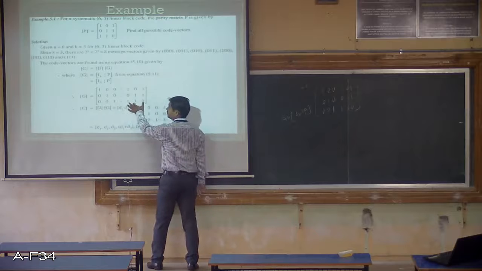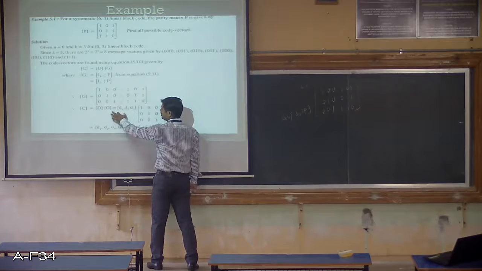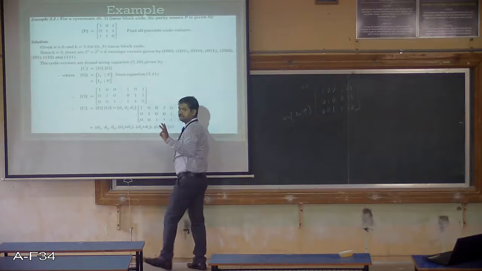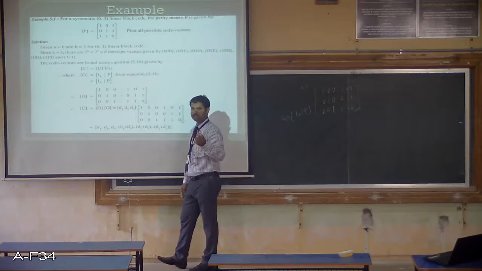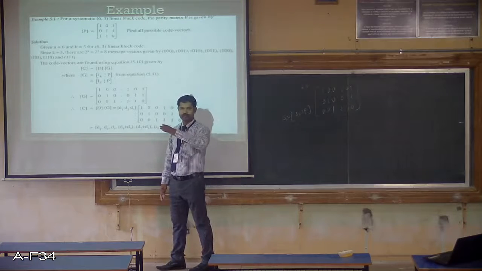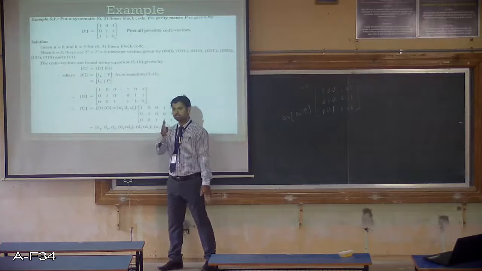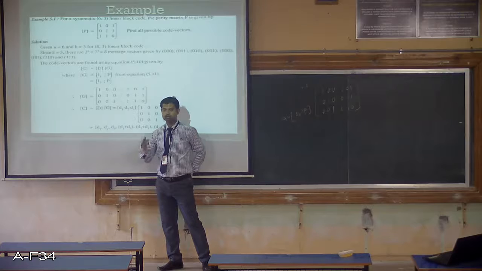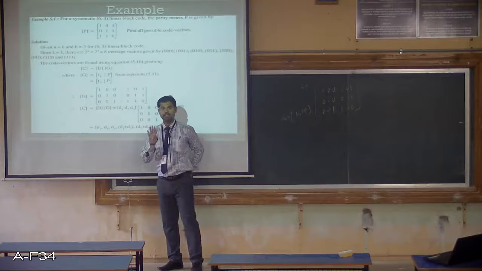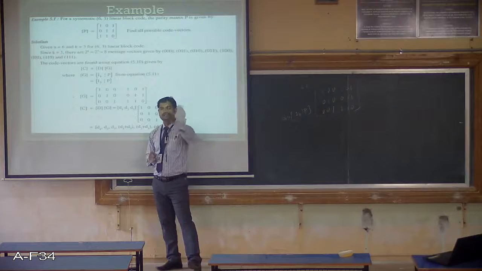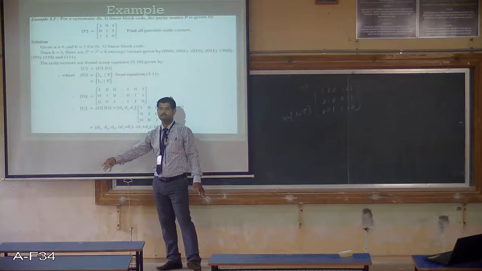Identity matrix, parity matrix, so your D is what? D1, D2, D3. Right? Length is 3 bits. But 3 bits may be anything from all 3 zeros to all 3 ones. Totally 8 combinations. For all combinations you must produce the code word. I don't know what kind of pattern appears, but length is 3. So for all 8 you should find. Always like that. If k is 4, then totally 16 combinations you should produce the code words.